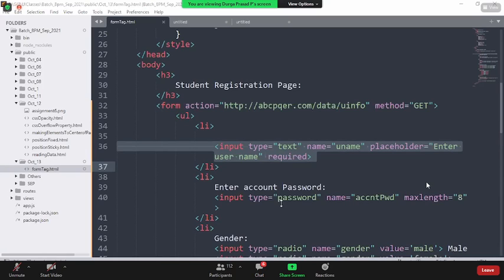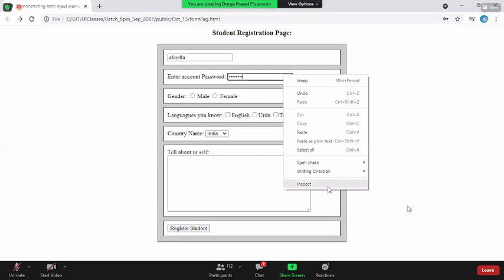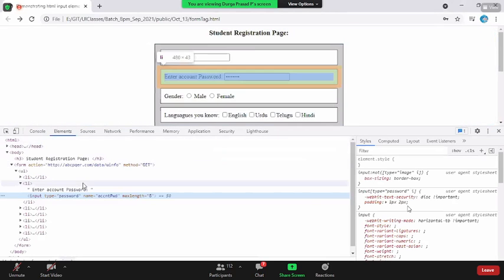Sir, we see on some websites when we enter the password, there's an icon to show the password. So can we do that in HTML and CSS? Yes, we can do that actually. I think yesterday I have shown that, right? Now, if you see password, I say hello, some message I have added. In order to show that, what you need to do is inspect this element. See here, input type is password.